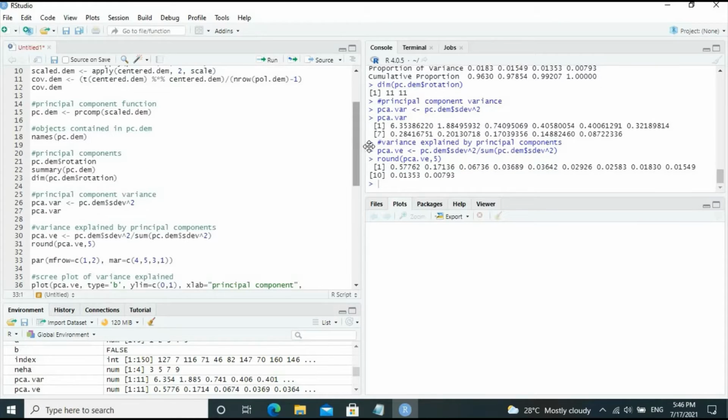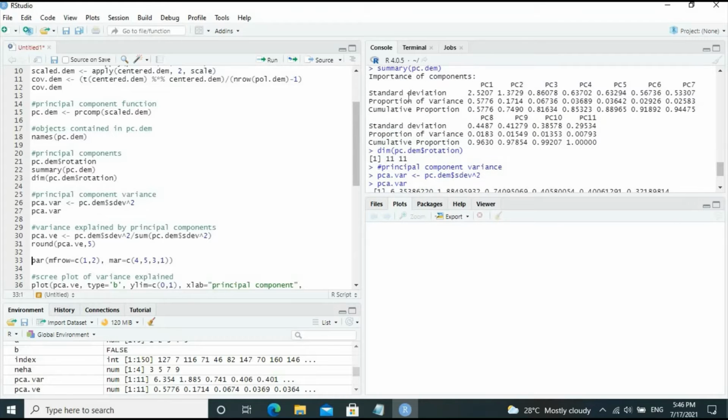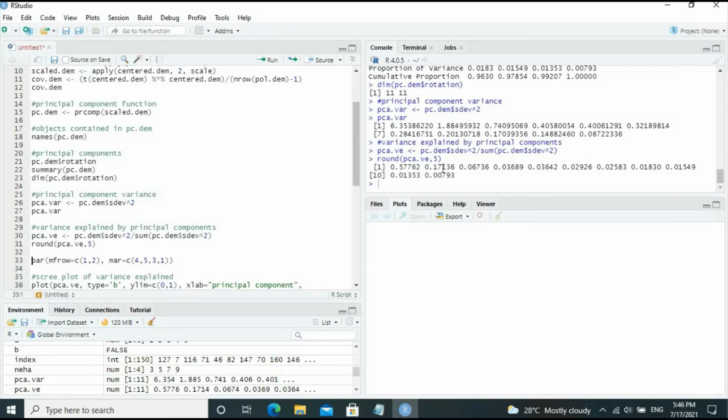Yeah, that is the proportion of variance explained, which has already been shown in the summary. It's the same values, right? So now let us try to plot the variance that is explained by the principal components and also the cumulative variance explained.